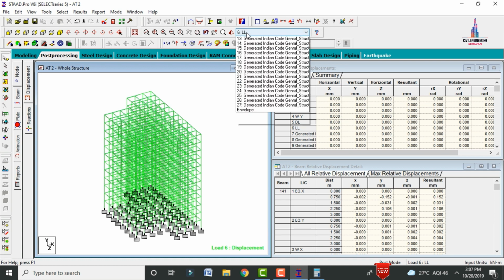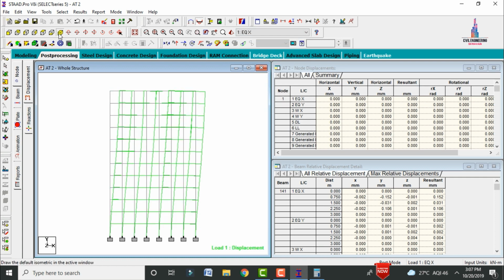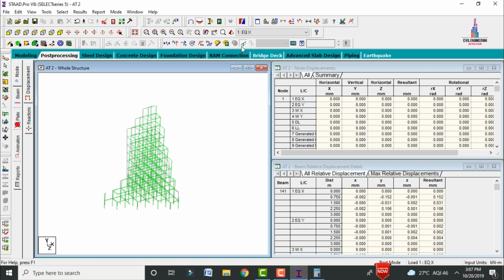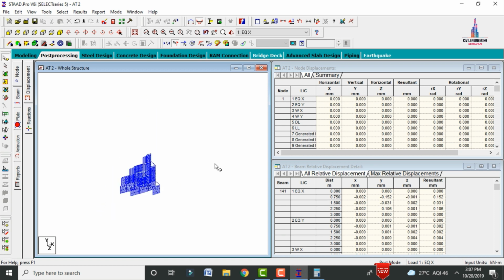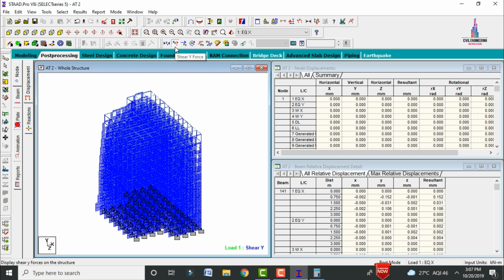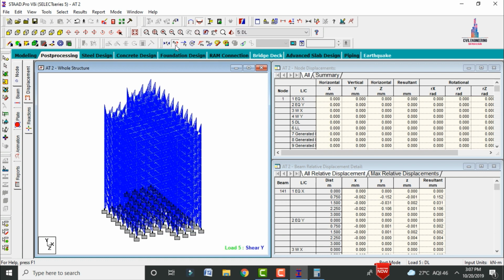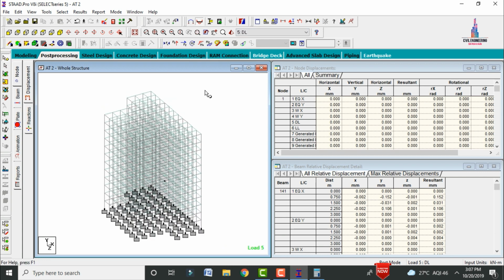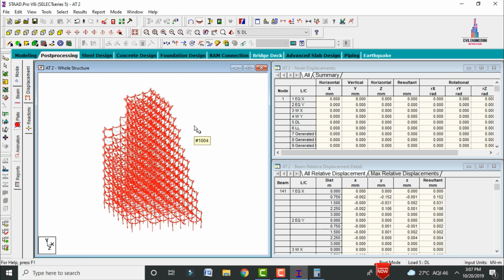Again, you can change the deflection diagram depending upon your considerations, as per the earthquake load in the x direction or y direction. After that we have to check the shear force diagram values. Click on the Fy value. This is the shear force diagram for this respective structure under the action of the earthquake load in the x direction. Select the load as the dead loading condition here. Again we have to select the bending moment diagram, select the Mz value. This is the bending moment diagram for this respective structure.